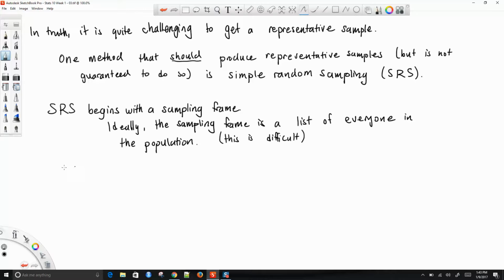So anyway, you begin with a sampling frame, and it's called simple random sampling because the process just says, using a random system, whether that's putting everyone's name on a slip of paper and throwing it into a hat, which works just fine, or drawing ping pong balls out of a thing also works fine, or using a random number generating system from a computer, depending on your random number generating system, that can also work just fine. So using a random system, select individuals one at a time from the sampling frame.